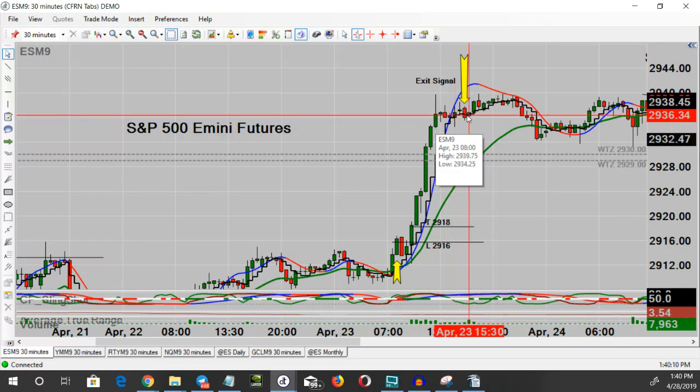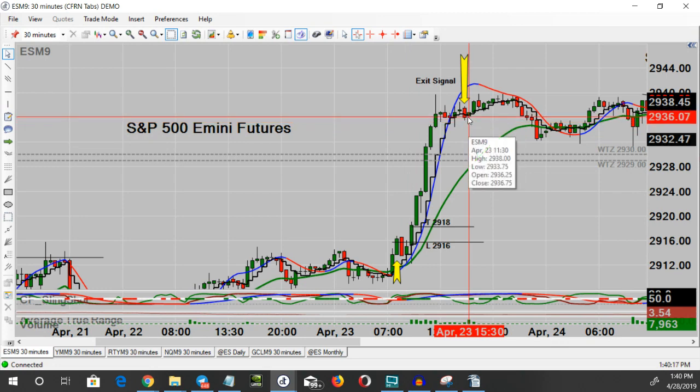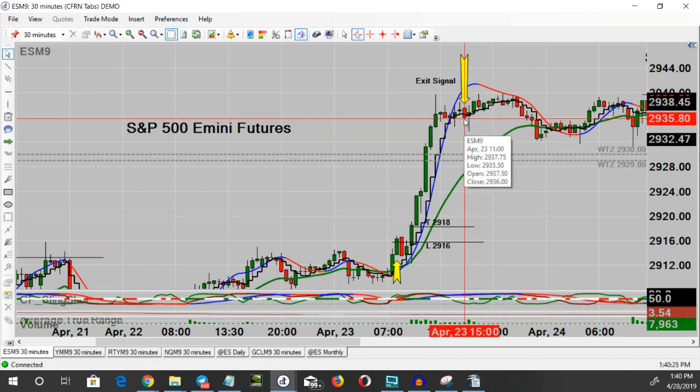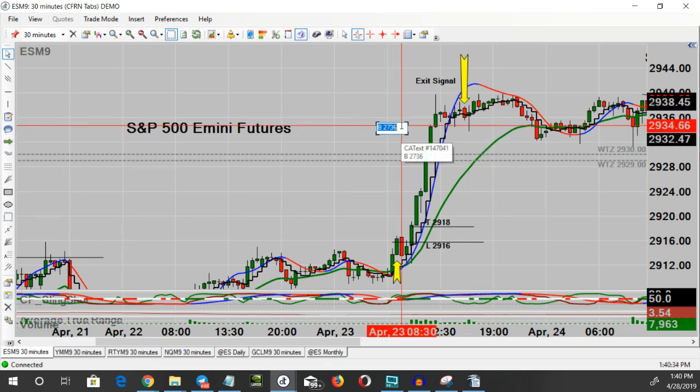But as price starts to walk sideways and the step line starts to walk sideways, on a long alert, you're going to look for the first red candle after the cross that closes below the step line. And so, in fact, the close of this candle, 29.36. The exit signal printed at the price